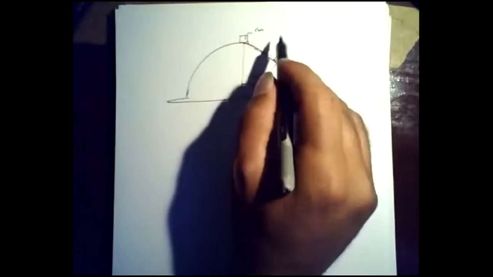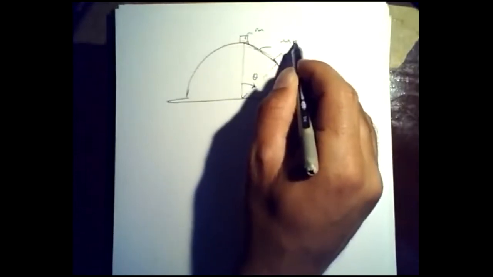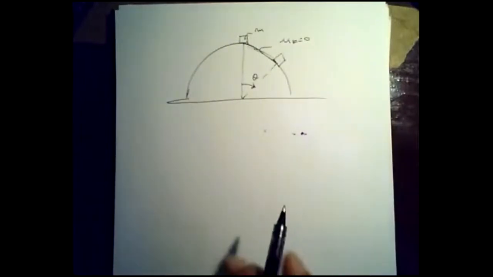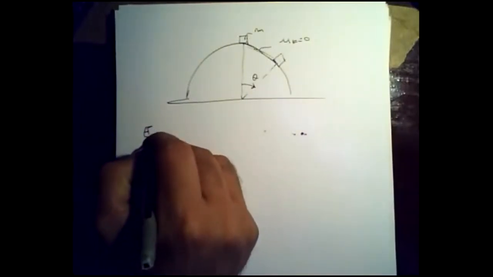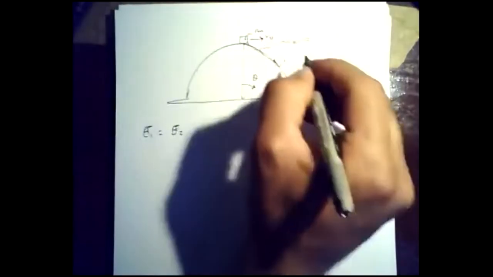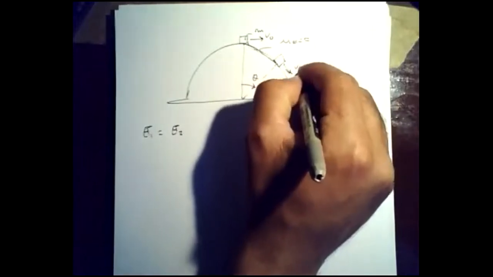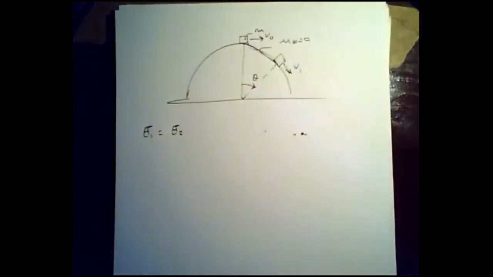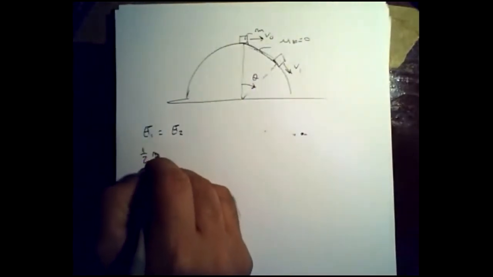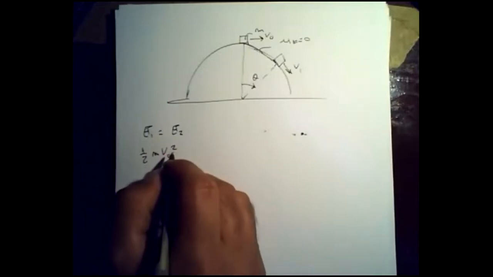Here, I'm going to assume that there is no friction. Mu k is equal to 0, so there is no friction. How do we do that? If you use energy, we can say the energy at state 1 is equal to the energy at state 2, right? And here, obviously, the initial velocity is V0, and we're trying to find the velocity at this point, right? So E1 is equal to 1 over 2 m V0 squared